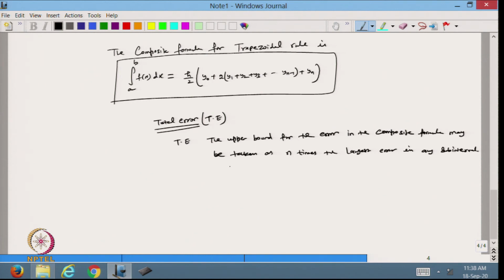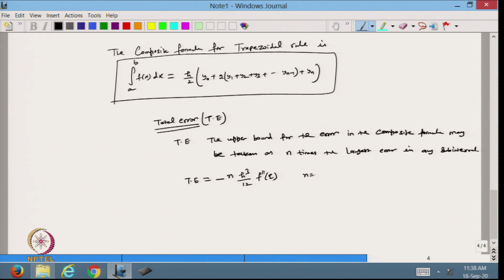So, the total error will be minus n times, I know that this is equal to h cube by 12 f double dash xi,